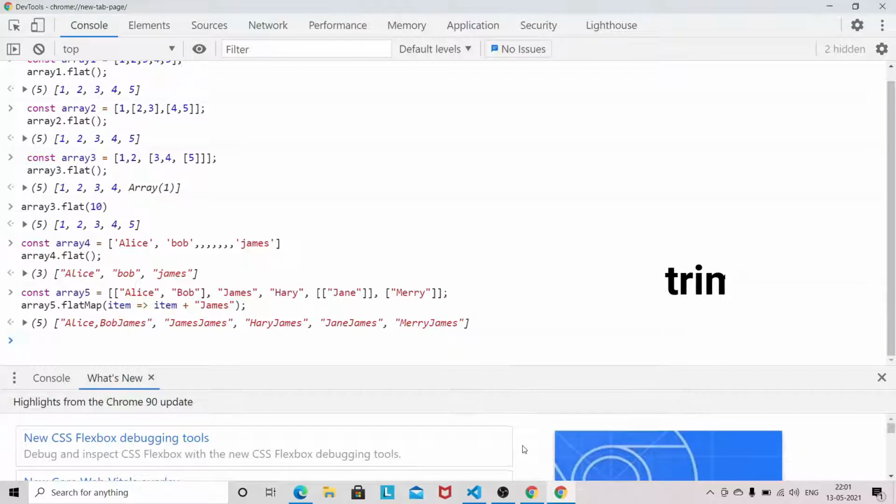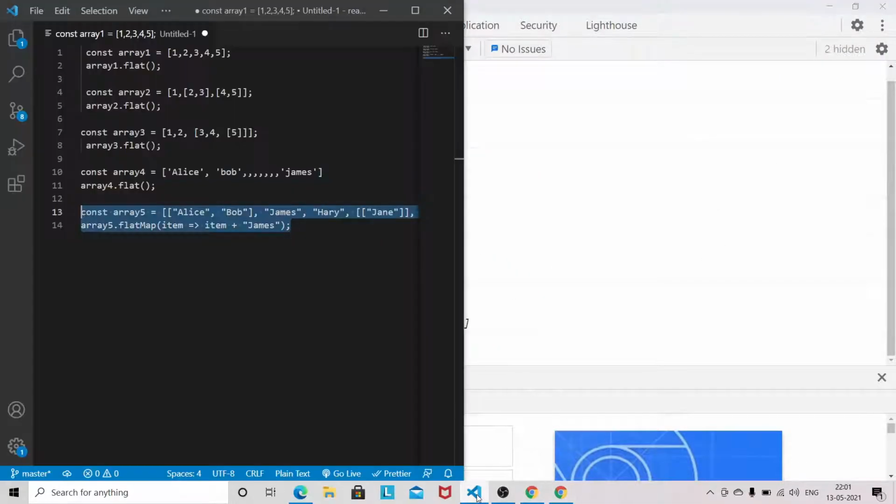So what is meant by trim start? Let's see. Suppose we have an email, and we have a lot of space at the beginning.